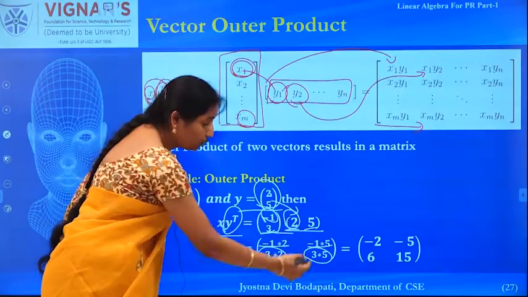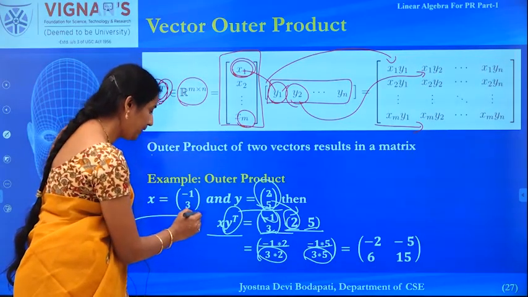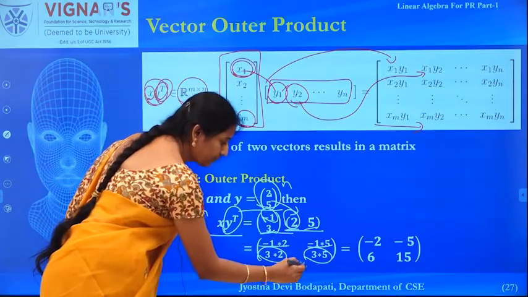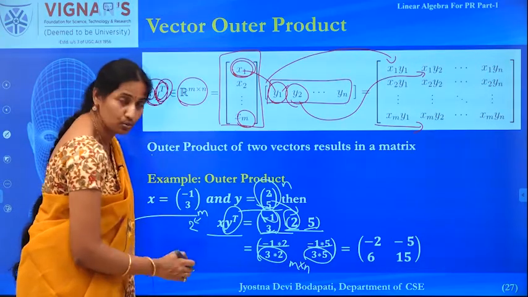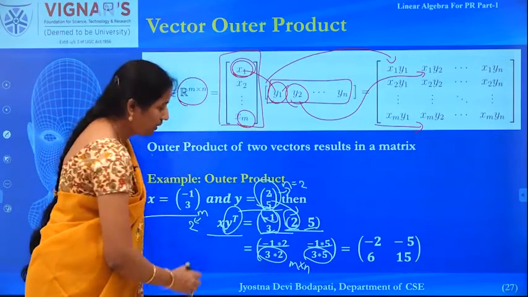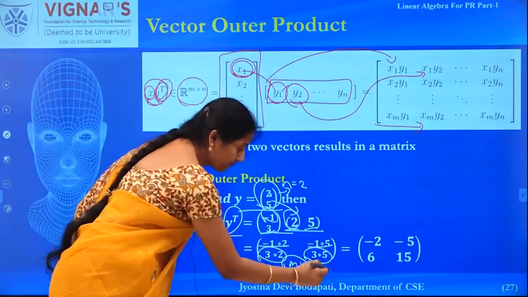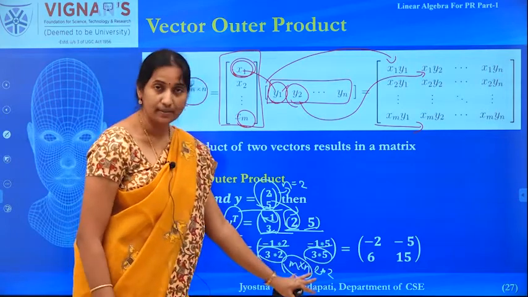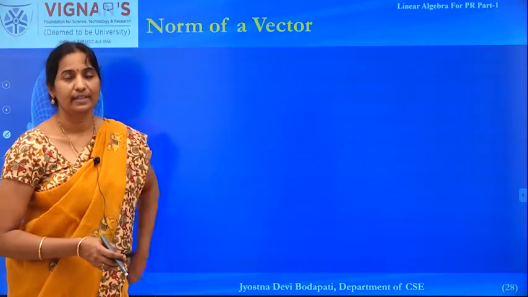So now it is a 2 by 2 matrix. I said that if x is m-dimensional and y is n-dimensional, the resultant is of size m by n. And what is the size of x here? It is two-dimensional, so your m value is 2, and y is n-dimensional where n is 2. In that case your resultant is m by n, that is, the resultant is a matrix of size 2 by 2. That is how I get a 2 by 2 matrix out of it. So that is how you can compute the outer product of vectors.